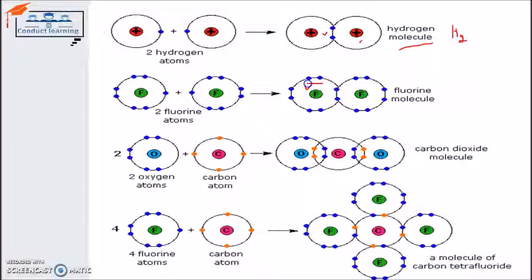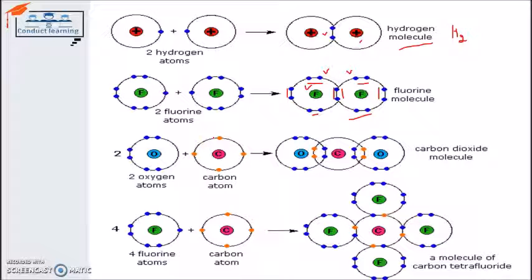How? Now the electrons in its valence shell are 2, 4, 6 and 8. For the other atom, it is also 2, 4, 6 and 8. Both fluorine atoms are getting stable and form the fluorine molecule. In both of these cases, hydrogen and fluorine, the bond is a single bond.